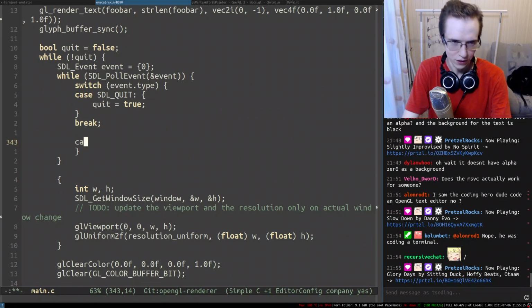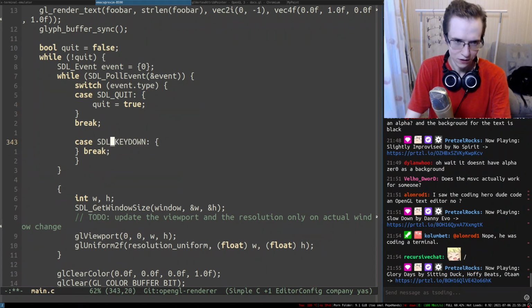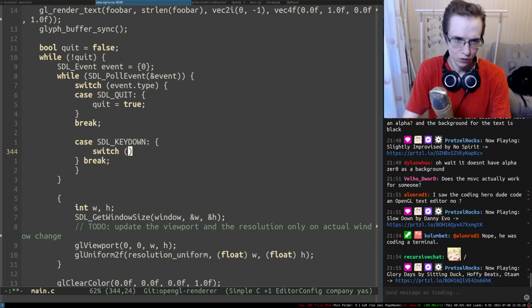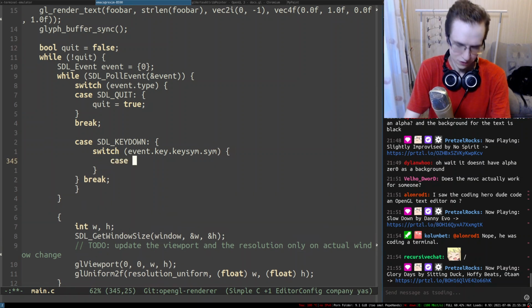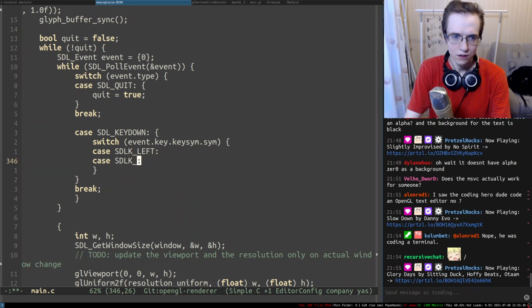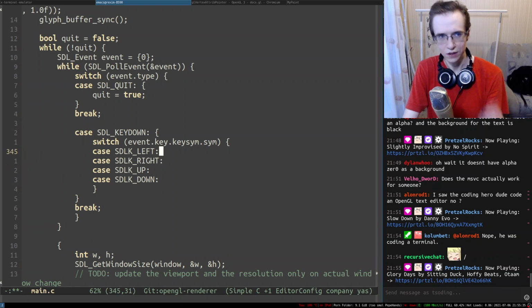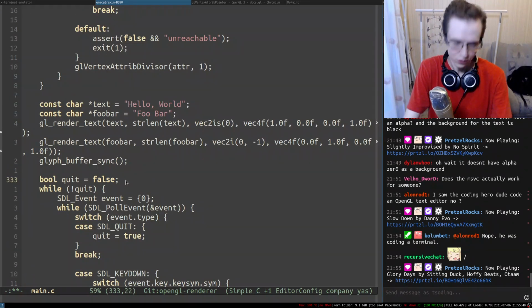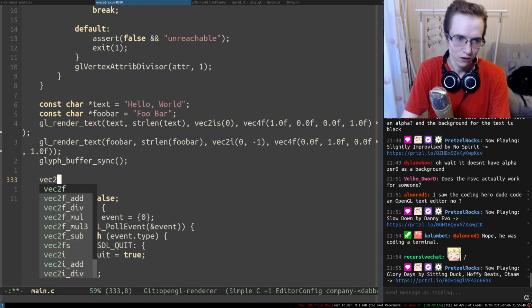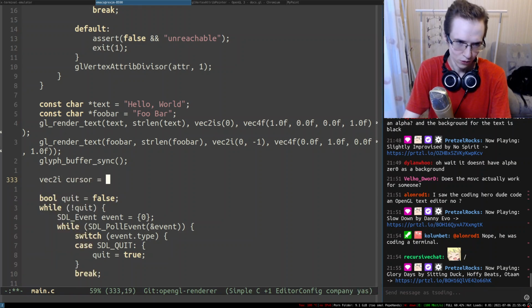This is rather interesting. Okay, so if we have SDL key down, right, and I switch on event key keysym, we're gonna have several of these things: SDL key left, right, up and down. And we also need to keep track of the current cursor. So can I do something like vec2i, and I'm gonna call it cursor.